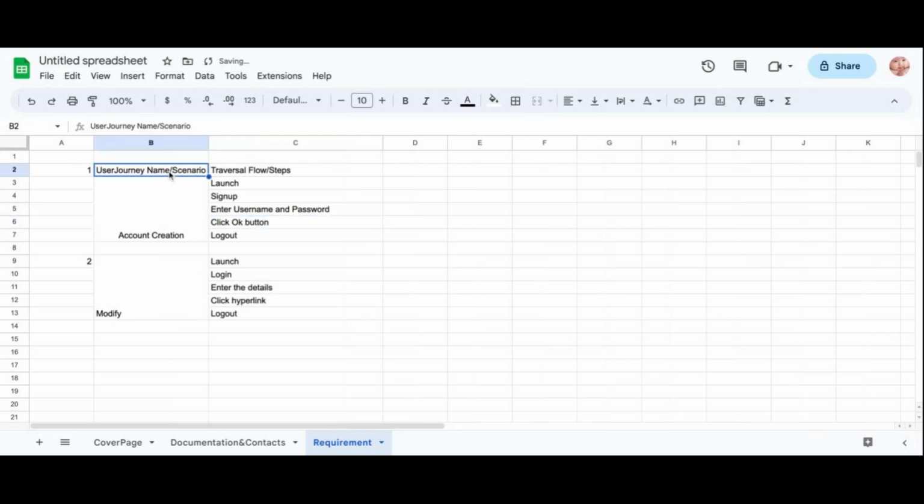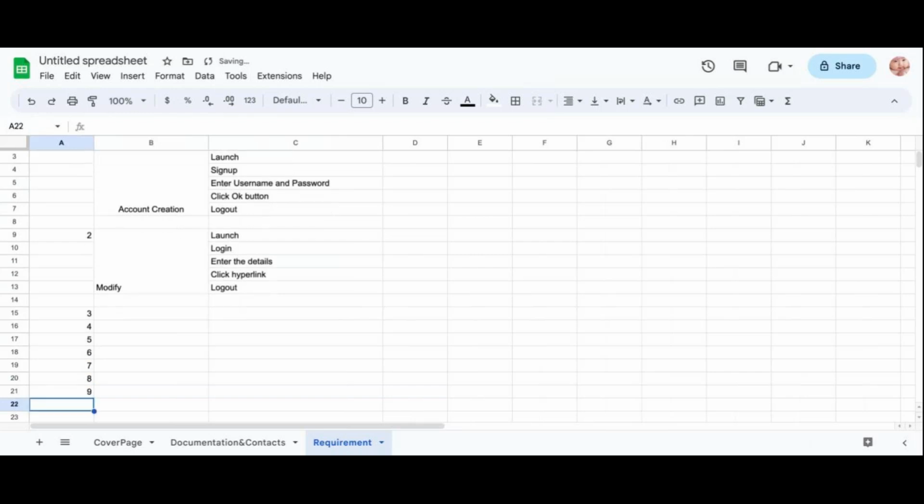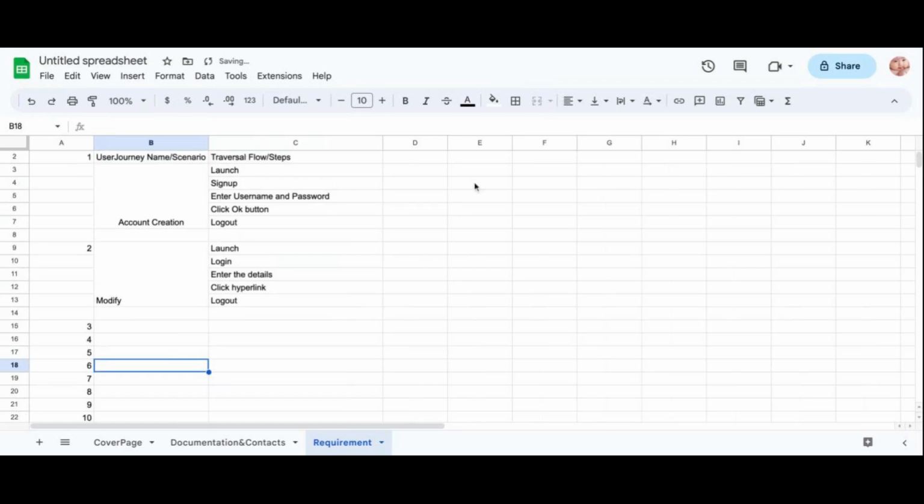Every user journey has certain steps. Every flow has certain steps, definitely, right? So likewise, based on the discussion with the client, they will decide, okay, these are the user journeys they want to test. So they will give these many scenarios. Okay, but you have a very short deadline, and very important,